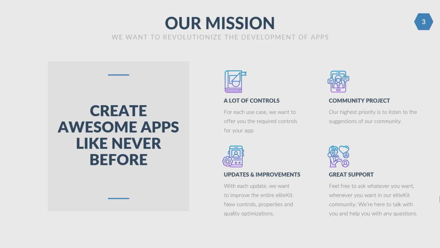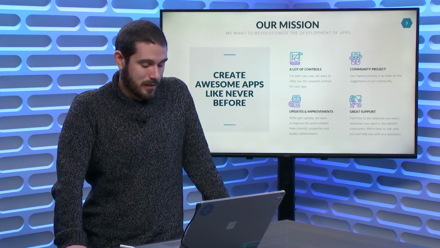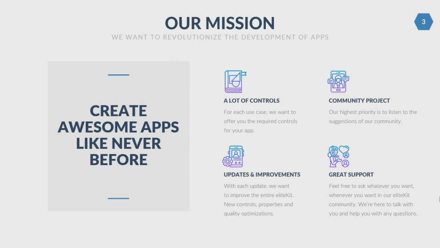And our other highest priority is also to offer great support. Whenever anybody has any question or wants to ask something, we offer our own community where people can ask their questions, and we will answer as fast as possible in our own Elite Kit community on our website. Very cool. Yeah, it's awesome to see that community engagement, get that feedback, get the support. It helps grow, and it's really cool to see that in Elite Kit. It's something like a forum, just to ask questions, with threads and all.